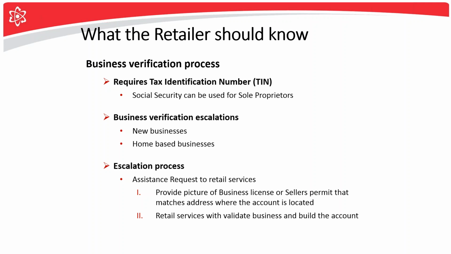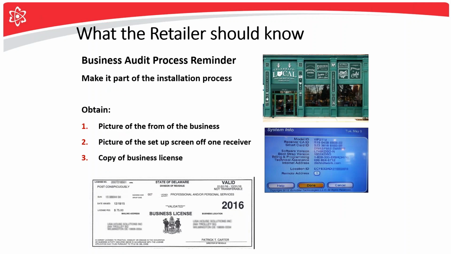So for every commercial installation that's done after the fact, Dish always will try to establish a connection with that business. They'll try to reach out to them. If they're not able to find them, then you might get an audit, a commercial audit, which basically means that you're going to have to provide the information yourself because Dish was not able to get a hold of them.